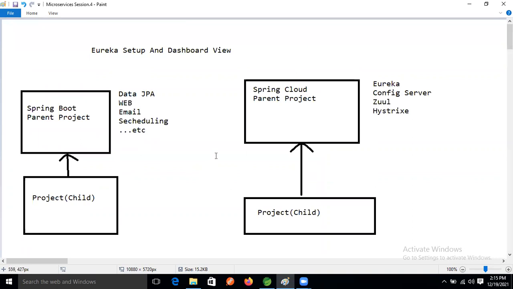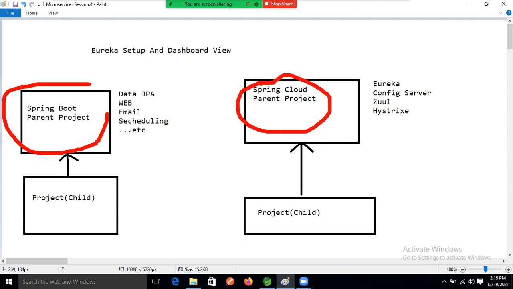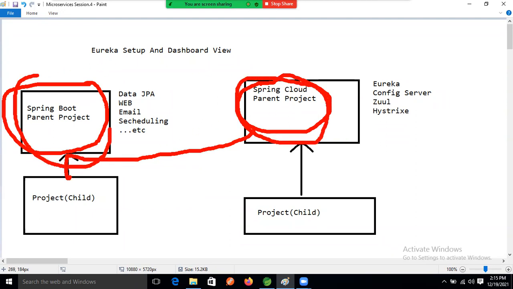Same way, at the time of programming, we need both parent classes in our child project. So how is that possible?